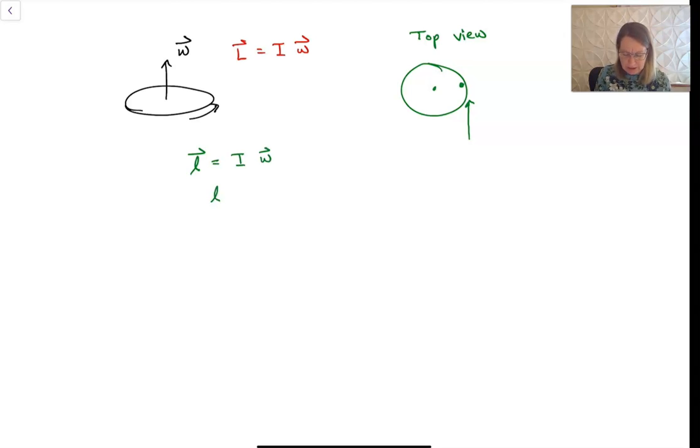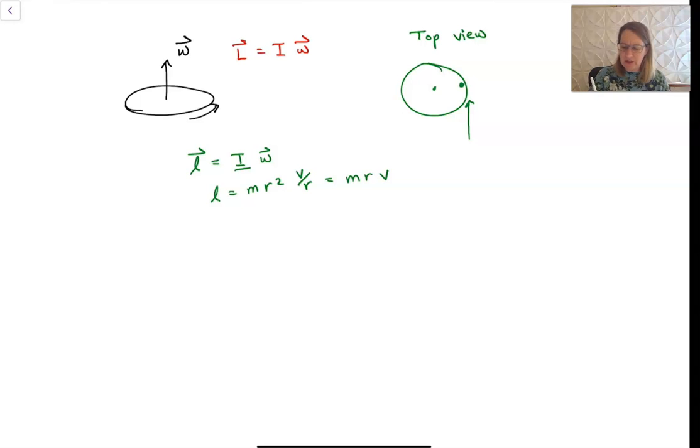We're going to look at the magnitude of L. I for one particle would just be m r squared, and omega would be v over r. So this becomes m r v, if things are lined up like the kid, where the velocity is coming in at 90